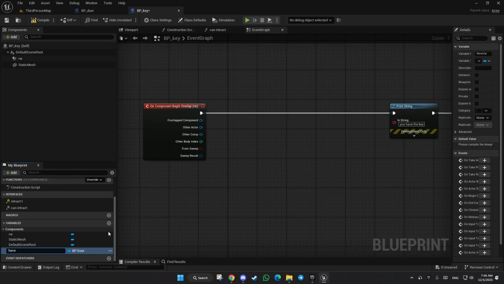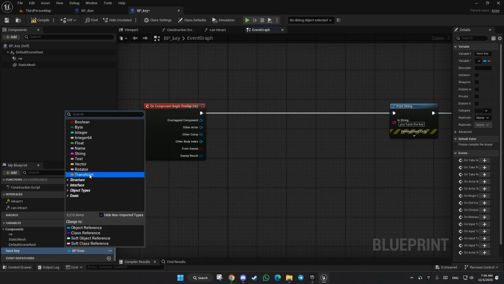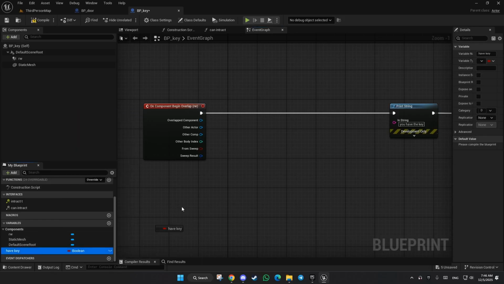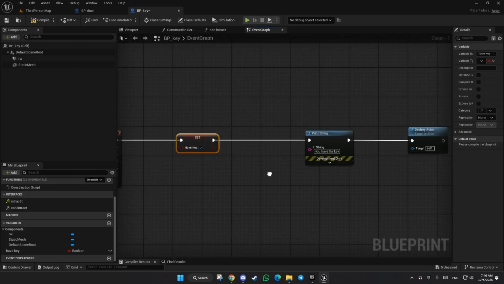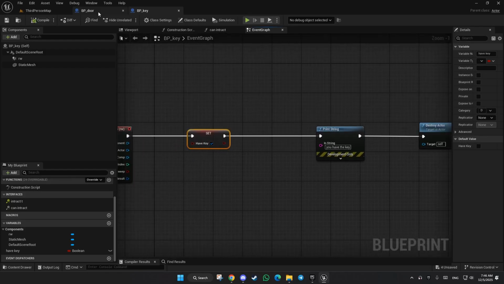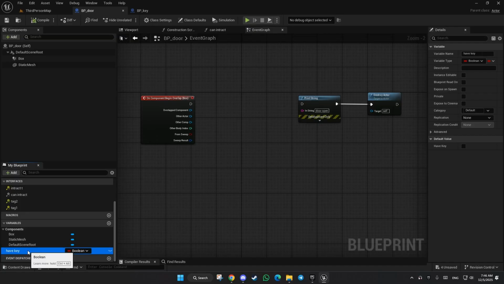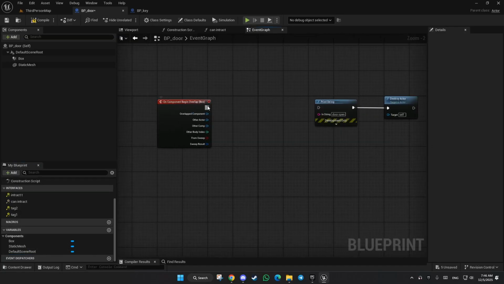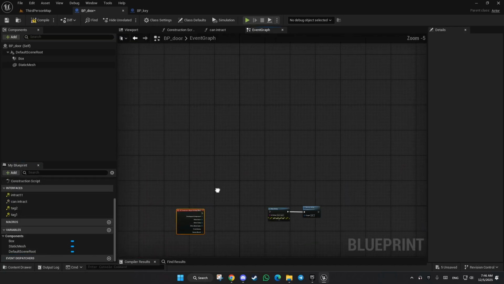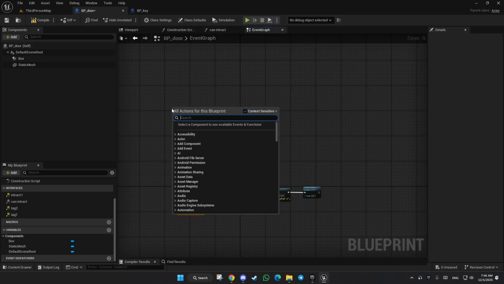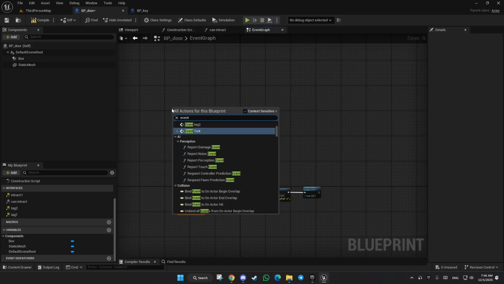Have key, for example, sorry, and this variable will be boolean. Have key. If we have the key, we will set it to true. So I will go to the door, and I don't need this. So from here, on begin play,